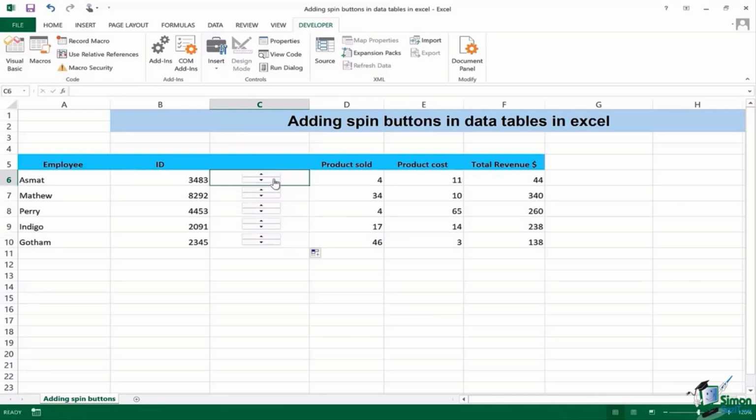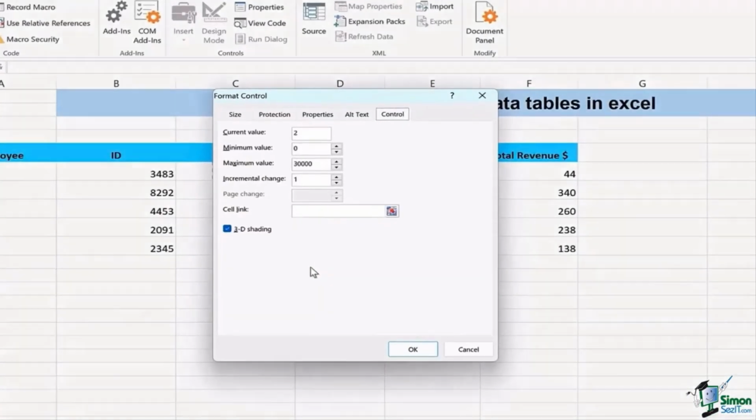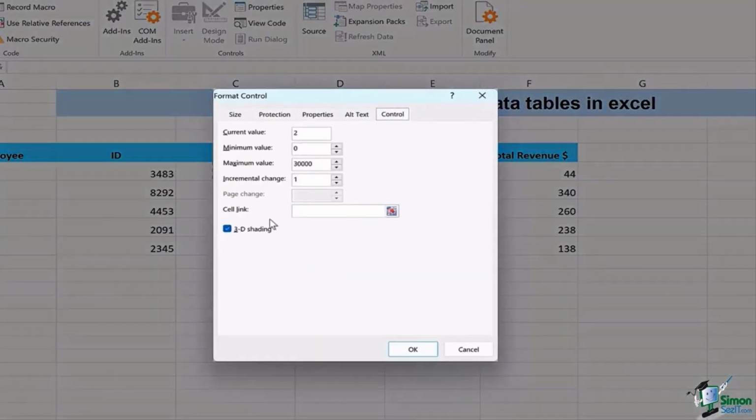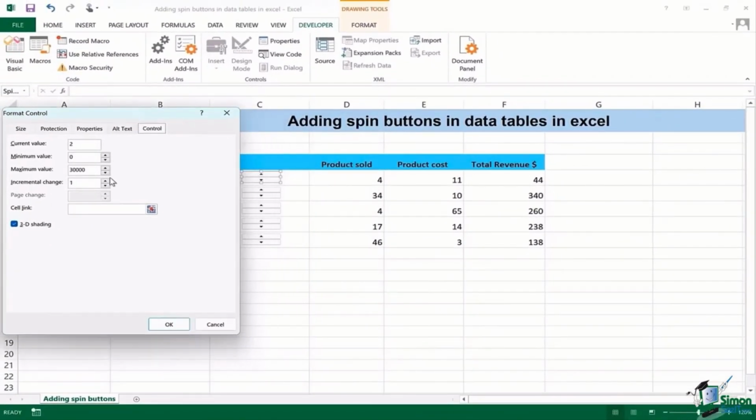As soon as you click on the top and the bottom arrows, you're going to find that there is no change in the values and they're not working. That's because they are not linked to any cell where the data is changing. In order to connect that, right-click on the spin button, and after right-clicking, there's an option of Format Control. Once you click on it, it asks which cell you would like to link in order to control the spin button. In this case, you're going to select the cell which has the product value,